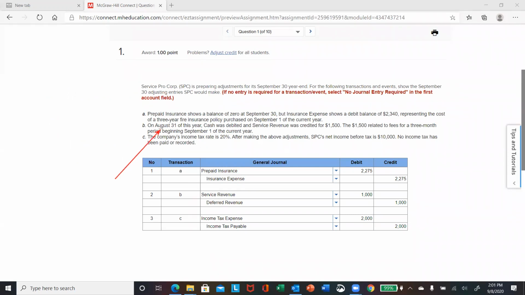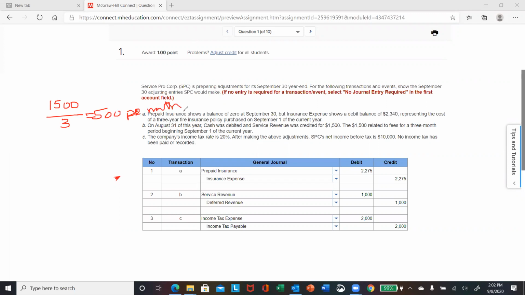We've said August 31st, cash was debited, service revenue was credited for $1,500. This $1,500 related to fees for a 3-month period beginning on September 1. So quite literally, and let me just give you the math here. So we've got $1,500 and it's for 3 months. And so quite literally, we only earned 1 month. So if you take $1,500 and divide that by 3, we know that we're technically going to be earning $500